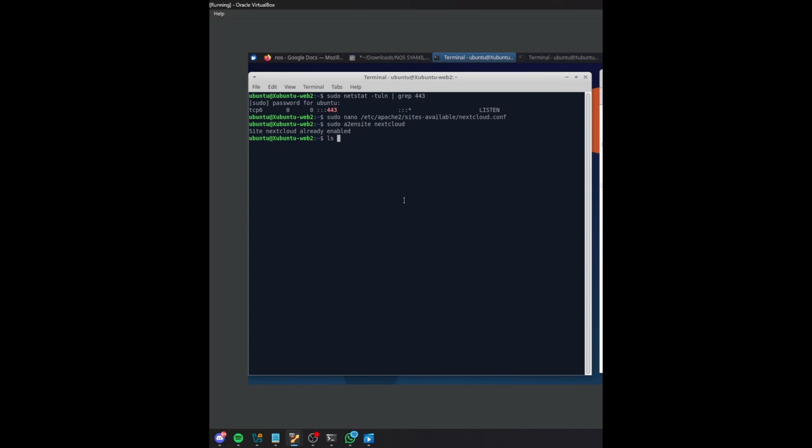So we have to check it by ls -l /etc/apache2-ssl, which is the certificate directory, and enter. It's already there, but if it's not there, you can make the directory by sudo mkdir -r /etc/apache2-ssl and enter. So I made the directory, and now we have to open the whole sudo openssl request by creating the